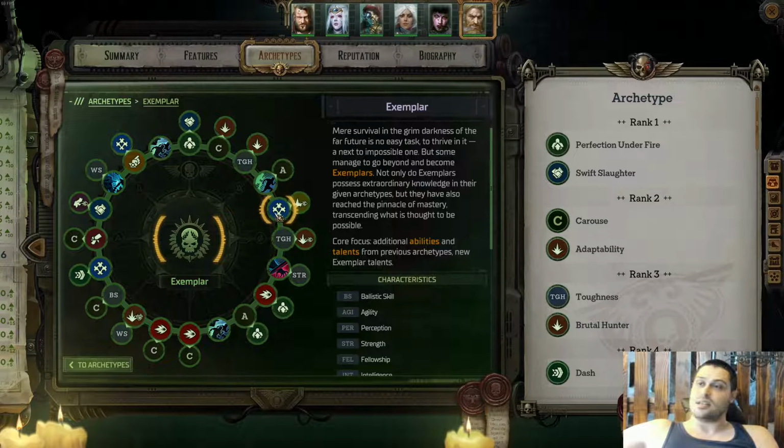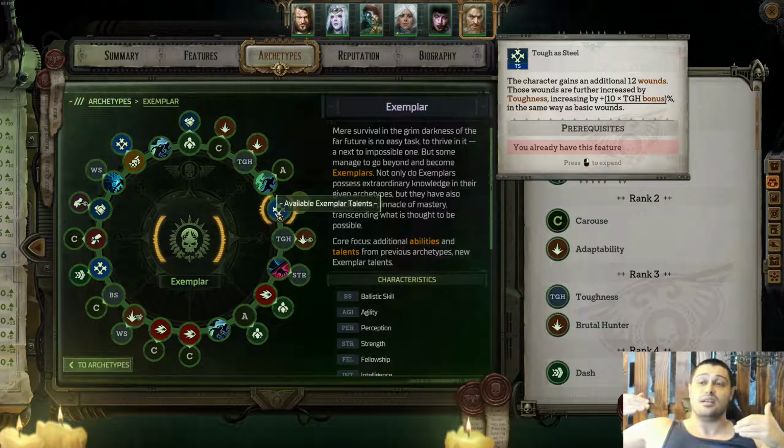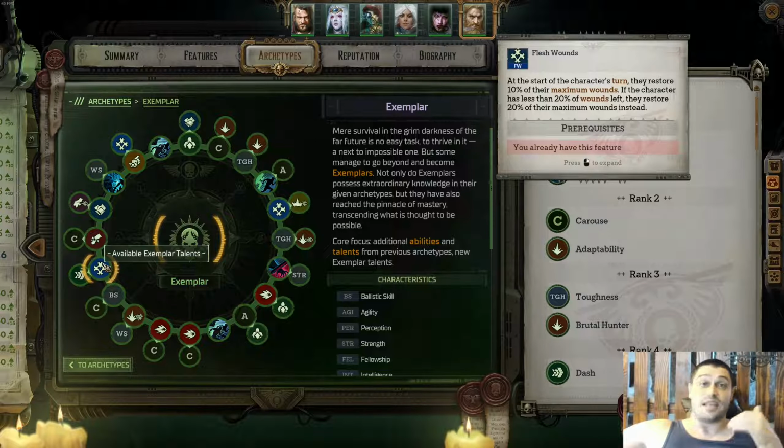Now on top of dodge, if he doesn't dodge then he parries, if he doesn't dodge and parry then he soaks up damage, okay, with deflection and armor. Even when he receives damage, tough as steel will get him additional wounds that we're gonna merge together with flesh wounds to overheal non-stop on every round. So basically Ulfar becomes indestructible at this point. So tough as steel,